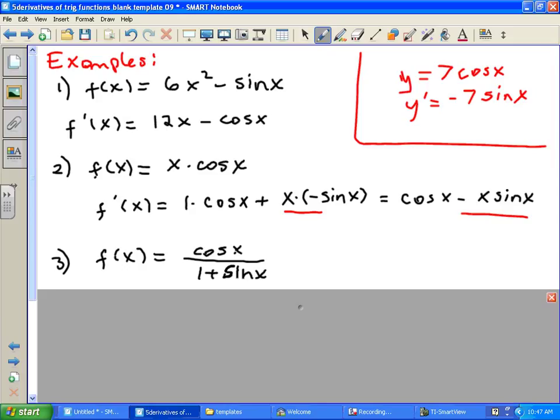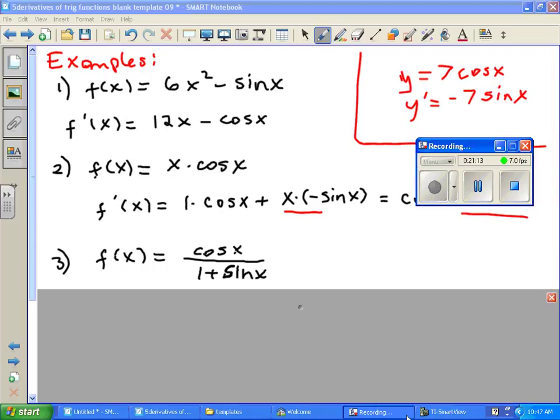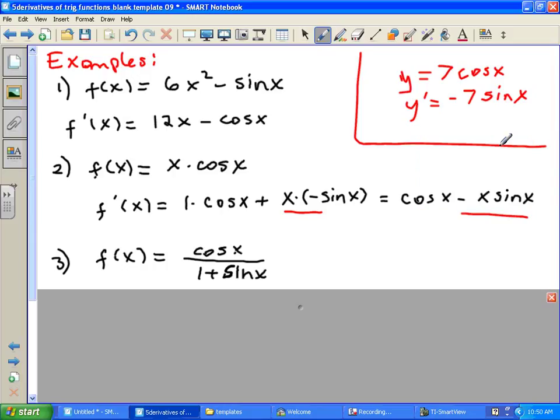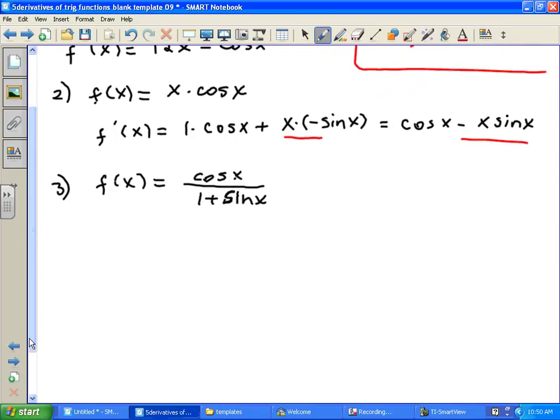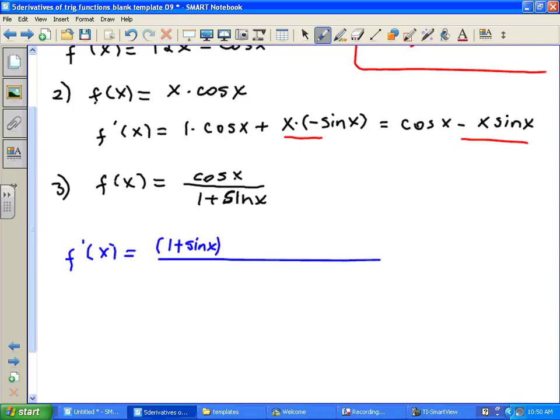Okay, here you have another one to work on. This time I'm going to give you some time to think about cosine x over 1 plus sine x. Please make sure you simplify your answer as much as possible. So with the quotient rule, f prime equals: I take the lower expression times the derivative of the higher. We just learned that one, right? So that's negative sine x, minus the higher expression